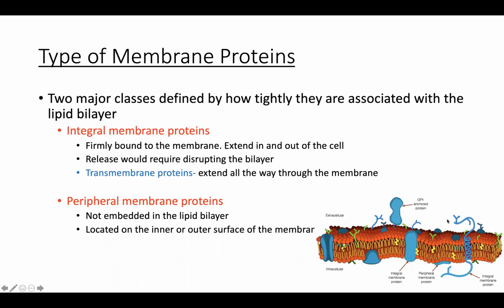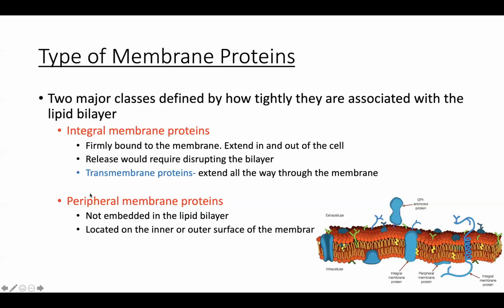As we can see, this is an example of a transmembrane protein here in blue, as it extends all the way throughout that membrane, and you have components on both the intracellular environment as well as this extracellular environment, okay? So this is a transmembrane protein that spans all the way through our lipid bilayer,